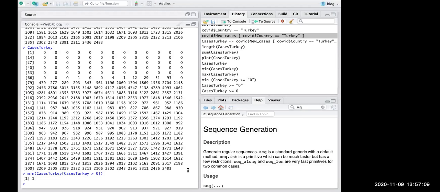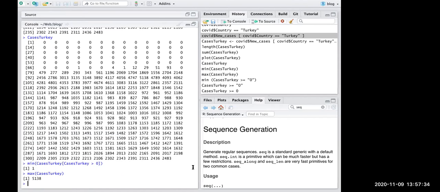There are two answers for this. One is to say 5,138, but the other is to say max of cases Turkey. Why do I prefer to say this? Because if I put the formula, then